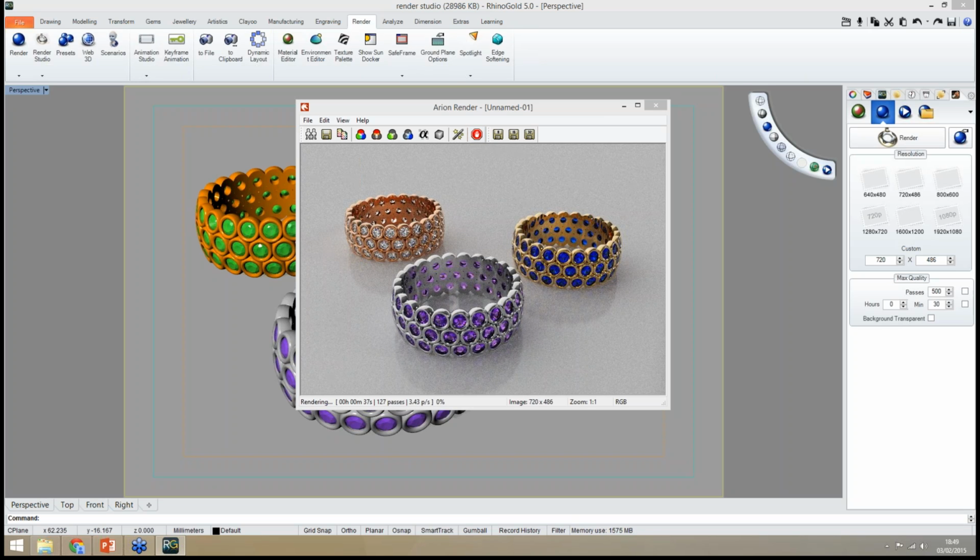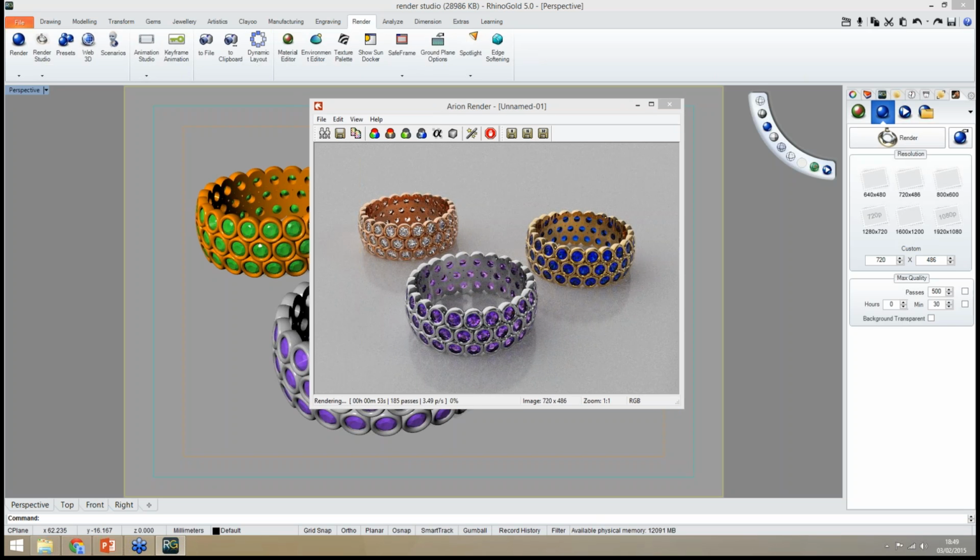So the idea is to look at the image, and you will see the moment that the render is good enough. So at this moment, the render is calculating. We have 200 passes, so I would say that we need a little bit more to have a high quality image.